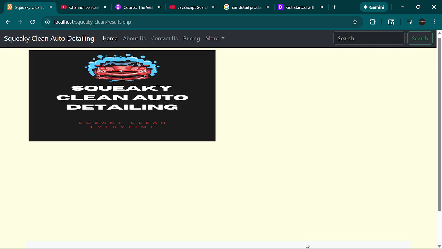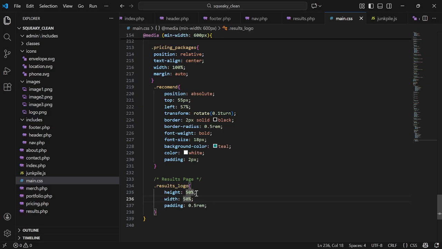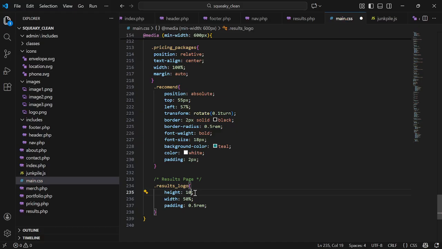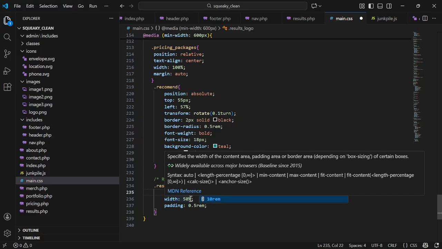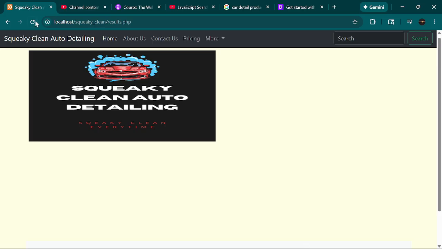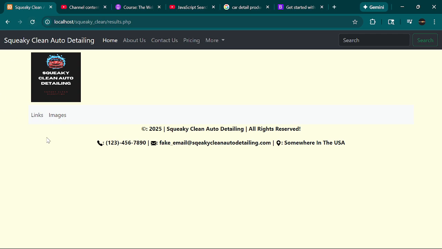I was thinking maybe... Let's not do percentage, maybe. Let's do something else. Okay, let's do 10 rem by 10 rem. What do you think? Okay, let's do that. Yes, that's more along the lines of what I want it to be. You get the gist of it. And then right beside it,